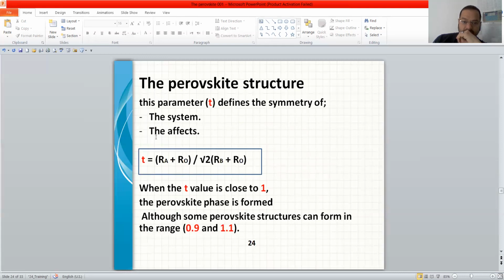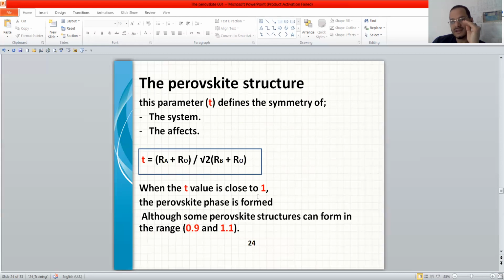Here it is important how we can calculate the tolerance factor T. This parameter T defines the symmetry of the system and its effects. T equals, between two brackets, R sub A plus R sub O, divided by root 2 times R sub B plus R sub O. When the T value is close to 1,